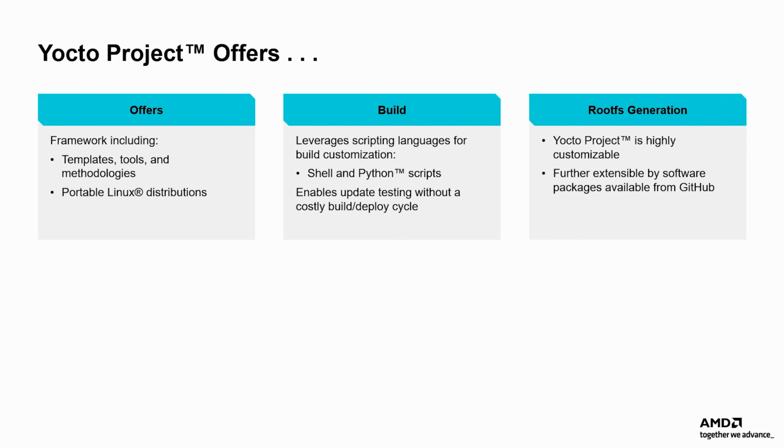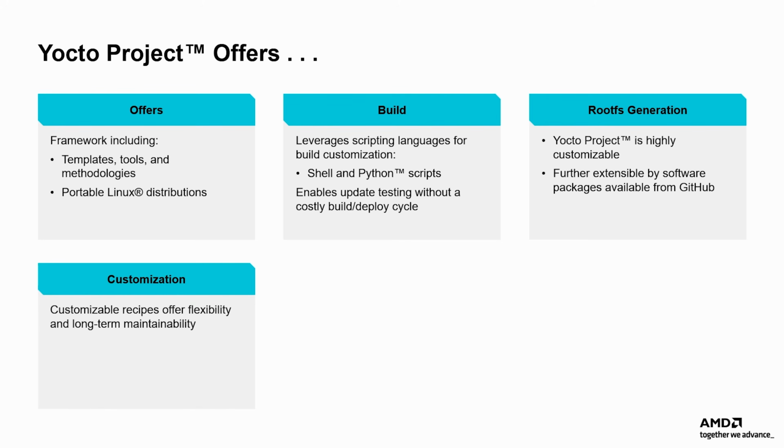In Yocto project, rootfs generation can be modified beyond the customizations possible with PetaLinux. Yocto project has a powerful customization architecture that allows the choice of a wide variety of footprint sizes. Yocto project also provides control over the choice or absence of components, such as graphics subsystems, middleware, and other services. The Yocto project framework, rootfs, includes additional software packages directly from upstream sources and interfaces directly with version control systems like Git. In short, Yocto project offers full control over the build.